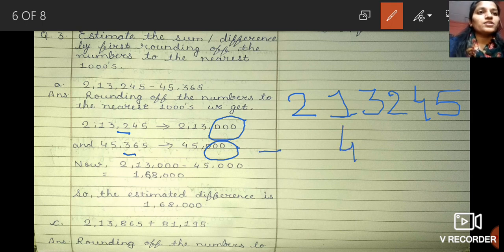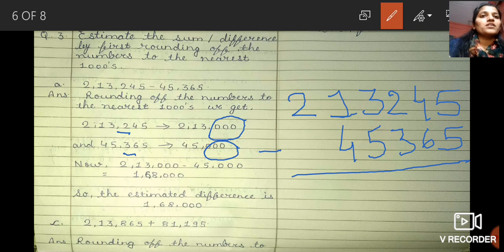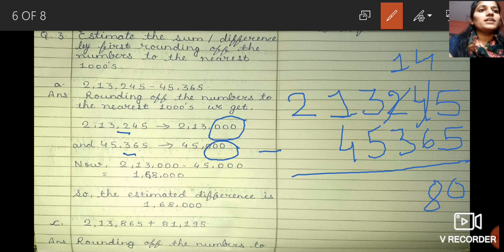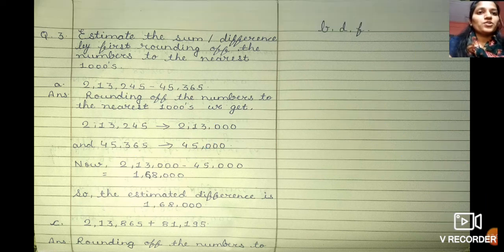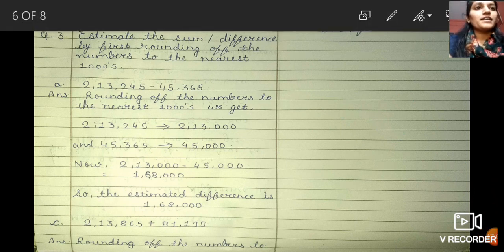So now we are going to subtract like this, 2,13,245 minus 45,365. Okay, so 5 minus 5, 0. 4 minus 6 we cannot do, so 14. 14 minus 6, 8. Now here instead of 12 we are going to write 11. Very sorry, we are going to solve this again as I have written the wrong number. So we are going to write